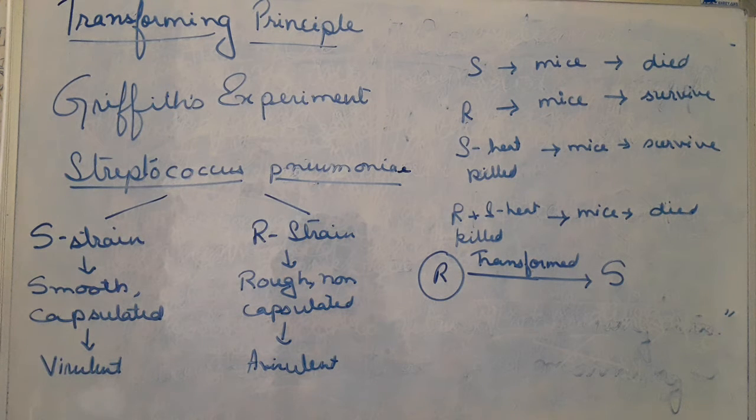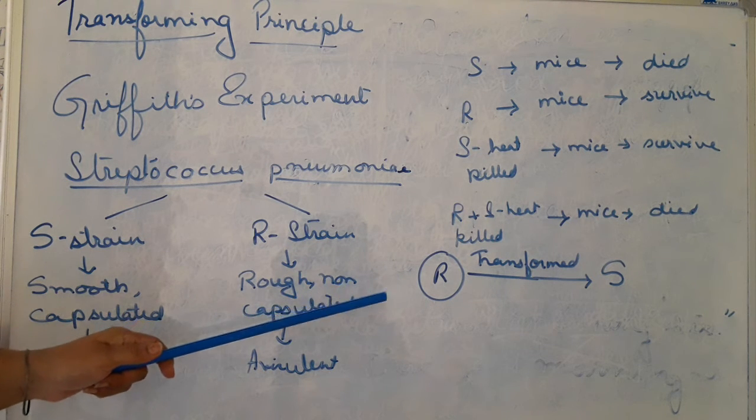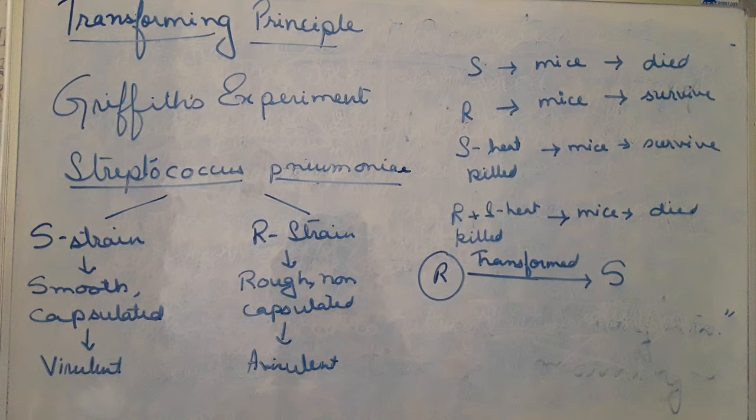Whenever we heat DNA at above 60 degrees centigrade, it gets denatured. Denatured means its function is nullified. It cannot function, or its activity becomes zero. But whenever conditions are favorable, it regains its activity. That's why when it is heated, the DNA becomes denatured and cannot cause the disease. But whenever it is under favorable conditions, it is able to transform the R type into the S type. This was Griffith's experiment regarding bacterial transformation.